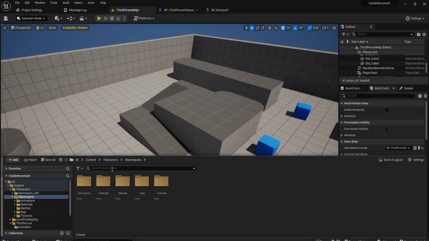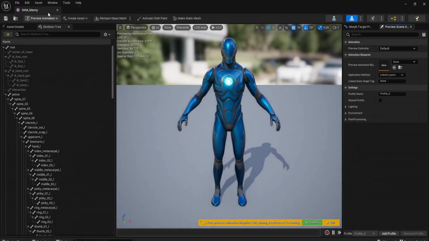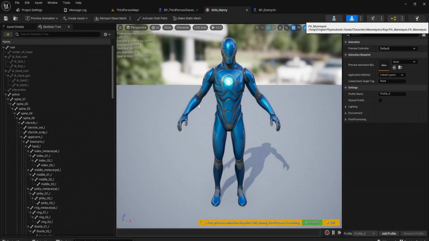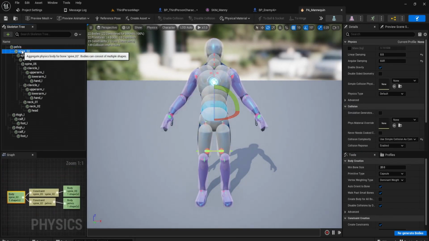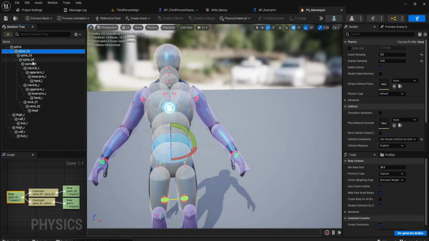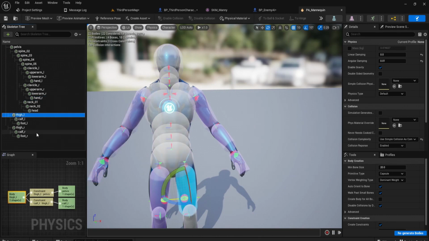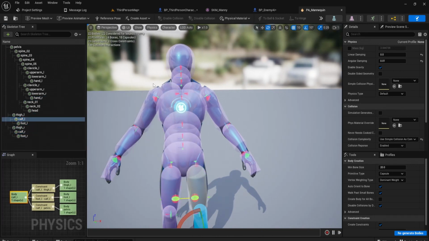the physics actor, so I can just click on the skeletal mesh, open this up, and from here there is the physics actor, so PA mannequin. And you just want to make sure that each of the bones that you want to have simulated have a capsule collision, and you can apply mass to each of them, but we don't need to do that. And by default, our character comes with a set